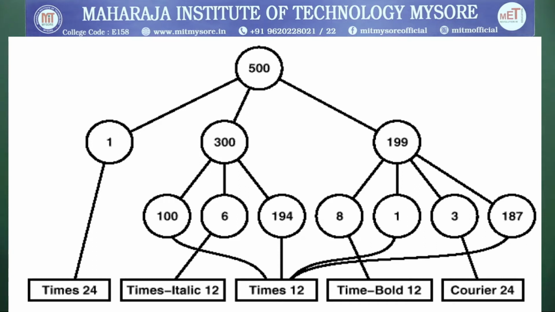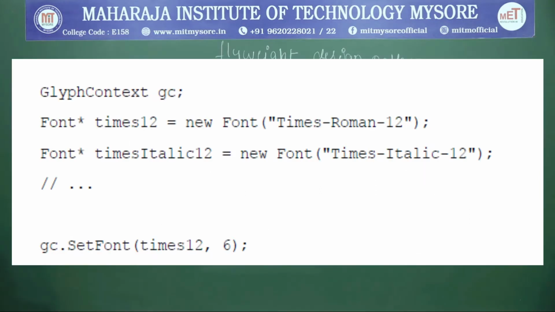For example, assuming we are at index 102 in a traversal, the following code sets the font of each character in the word expect to that of the surrounding text, that is Times 12, an instance of Font for 12 point Times Roman. GlyphContext gc; Font* times12 = new Font("Times-Roman-12"); Font* timesItalic12 = new Font("Times-Italic-12");